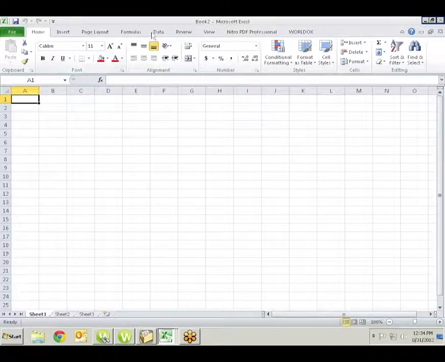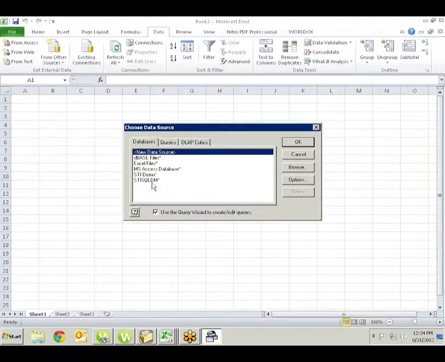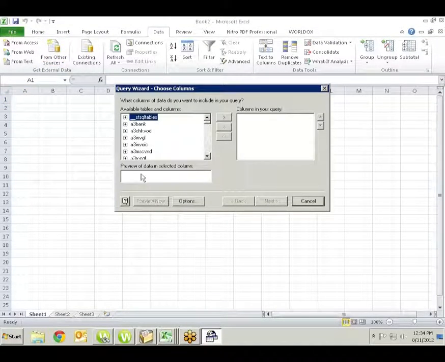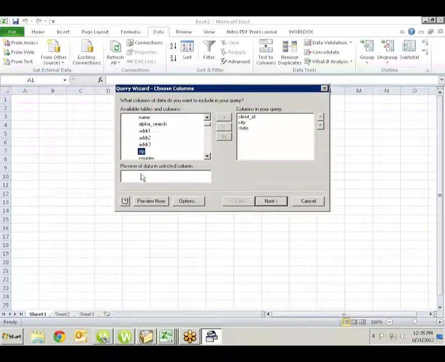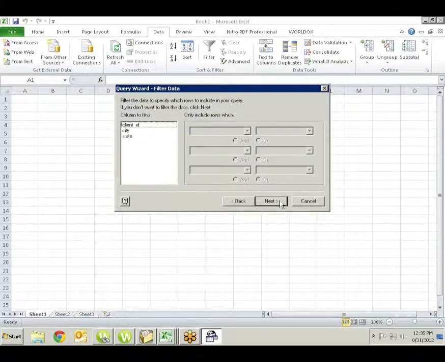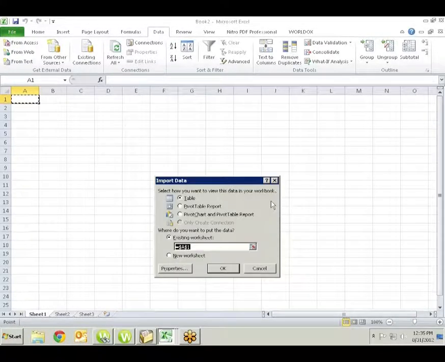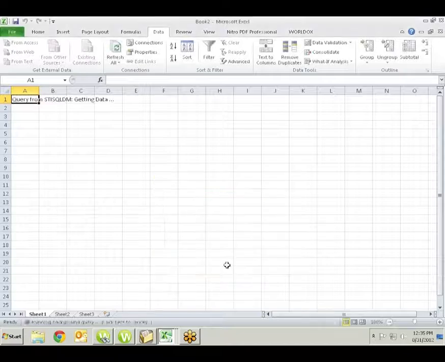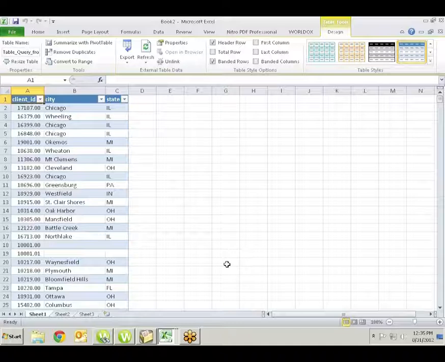And the general theory is that you set up these ODBC drivers and then you go into the software and set up something called a query. Now what I'm going to do is I'm going to look at the client file, and I'm going to pull the client ID, the city, and the state into Excel. Voila. Now, I probably would have put the name in, but I'm using my system and I have to protect